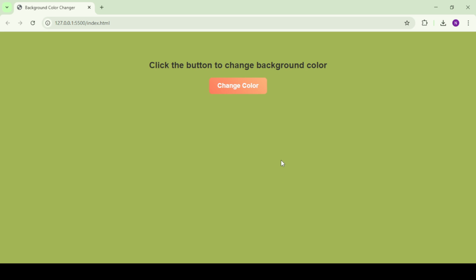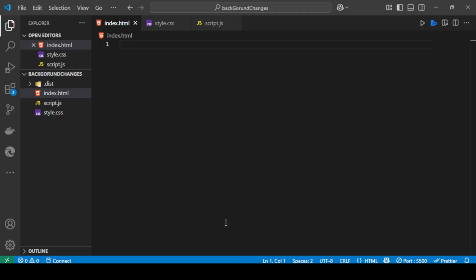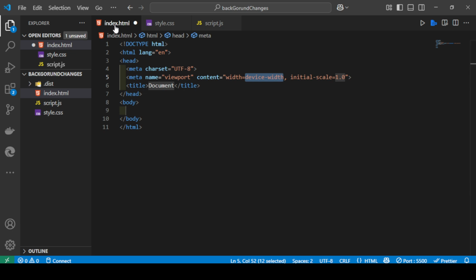So let's go in our VS Code. Here we created 3 files: index.html, style.css and script.js. In index.html, we will write HTML code. So let's create boilerplate code first. Hit enter, hit tab and now go into title and we will give a title background